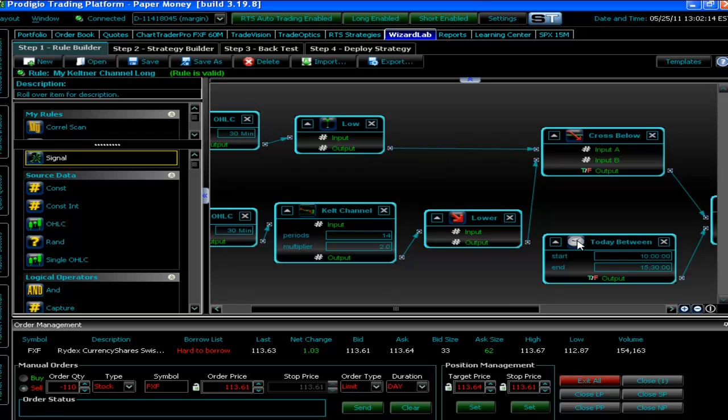which is capable of doing large scans on the market. For the reasons that I explained before, minimizing latency, letting the system run without having your computer turned on or logged in, and being able to handle larger sets of symbols. That's what Prodigio Wizard Lab is all about, and that's what makes it different than Thinkorswim's ThinkScripts. It's focused on the server-side deployment, and it's focused on providing tools that allow you to create this drag and drop